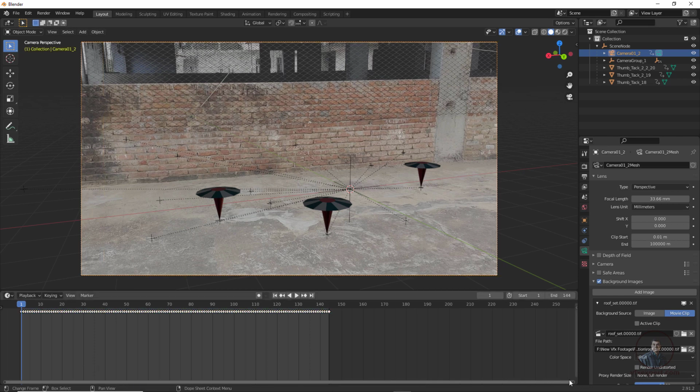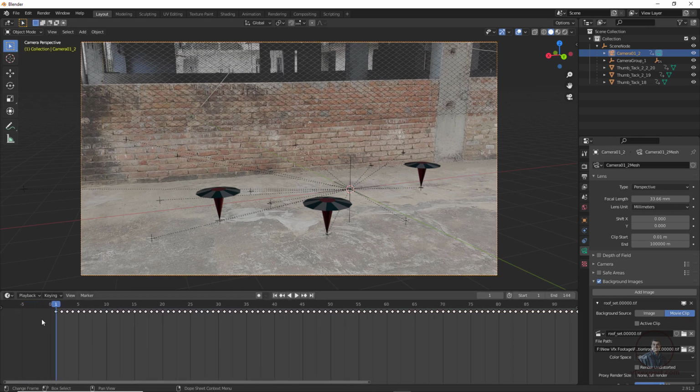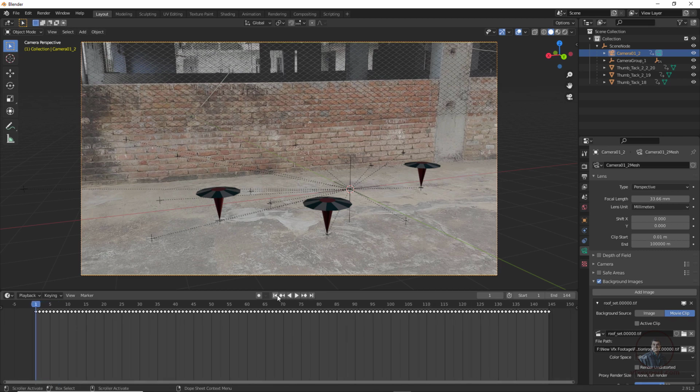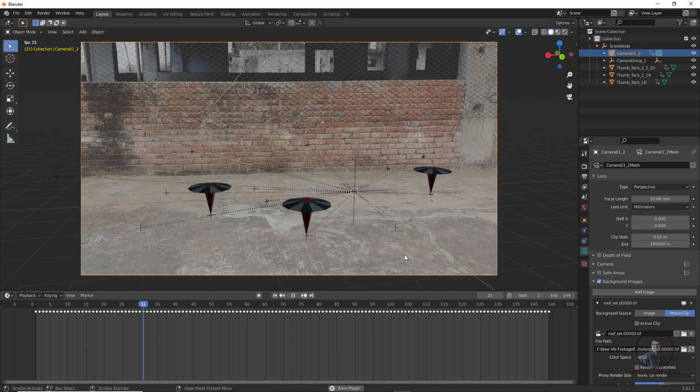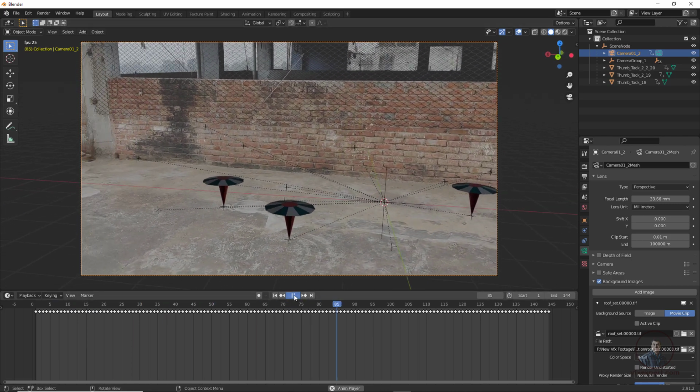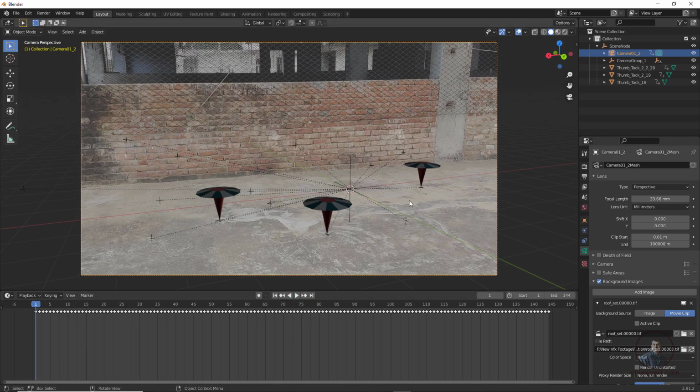So now let me zoom and check it here. So maybe okay, now this is looking good here. So now after this just play and check here. So now this is matching as in PF Track. Then after that just hide all these proxy geometry, which we created in PF Track. So just simply hide it.